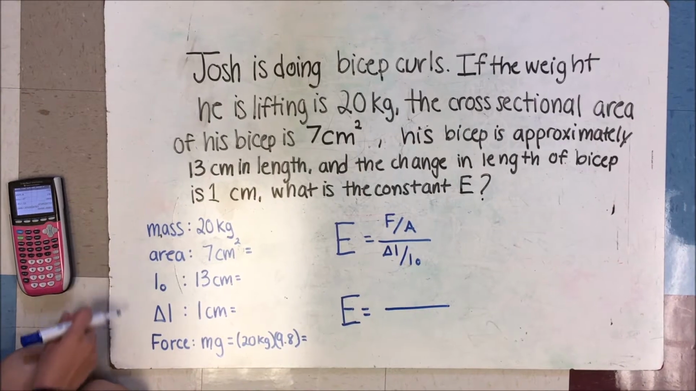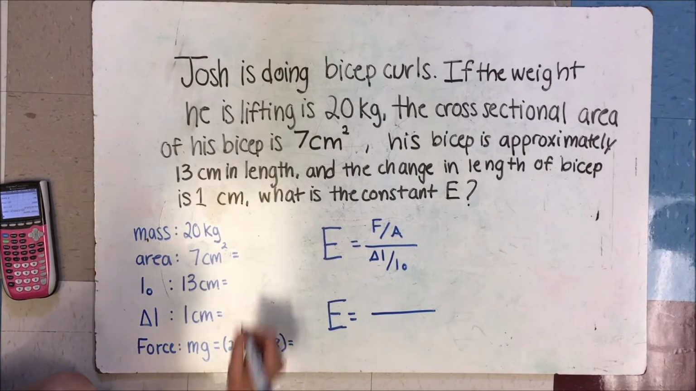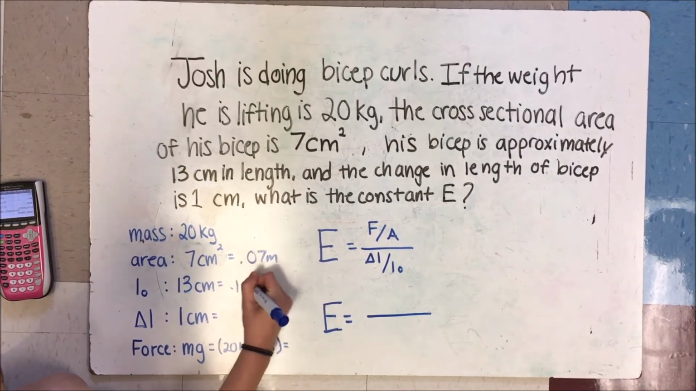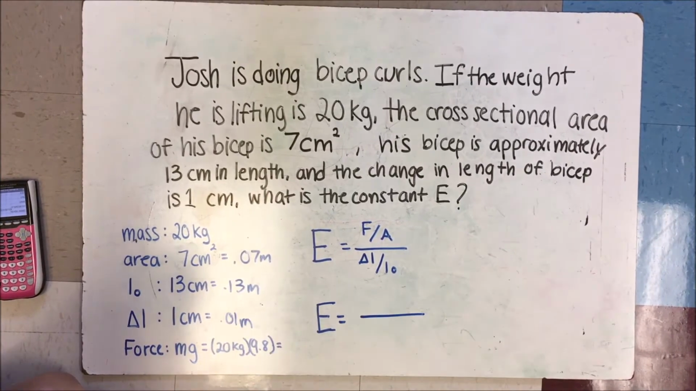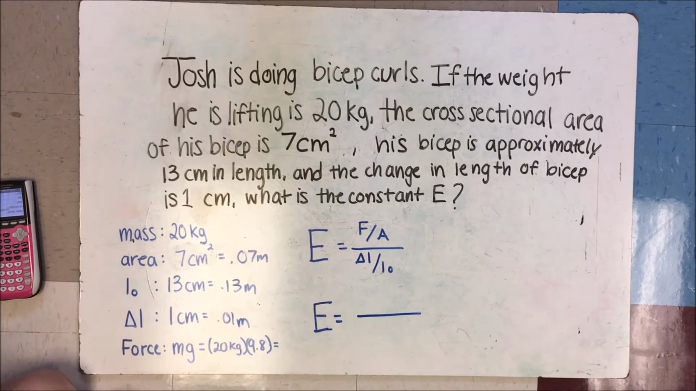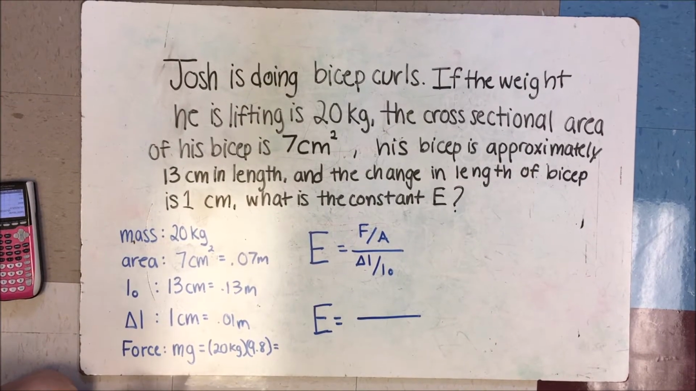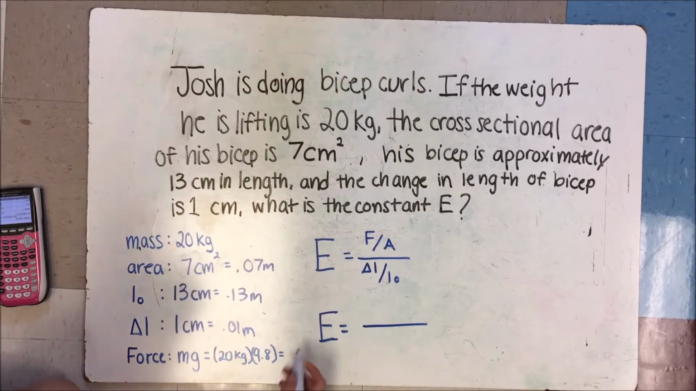Over here I have written the variables that we were given in the problem, and then we're going to want to convert everything to meters. So this is going to be 0.07 meters, 0.13 meters, 0.01 meters. Now that everything's in the correct units, we're able to determine that force is mass times gravity. Since the mass of the weight is 20 kilograms, times 9.8 gives us